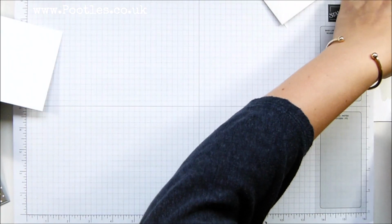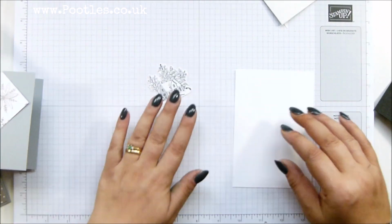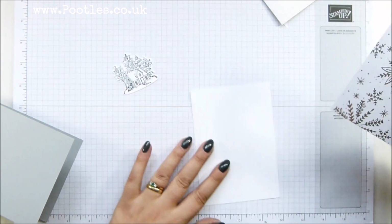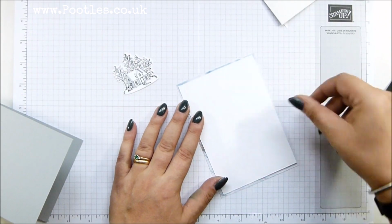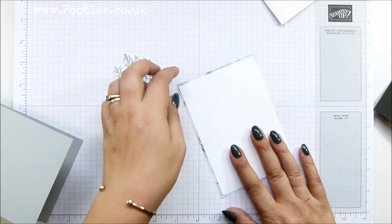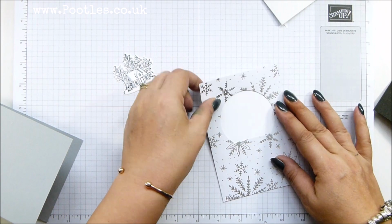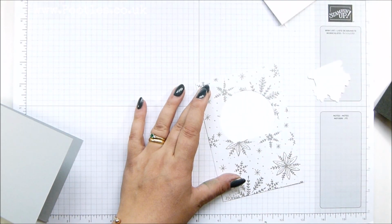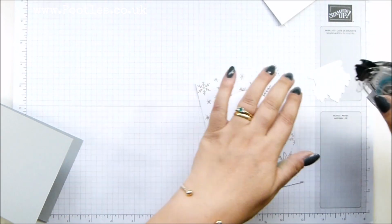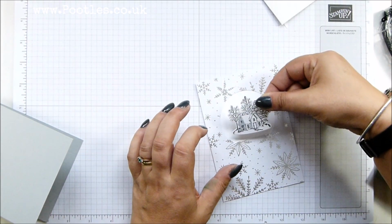Right, so that's that done, that's done, and this one as well. So, what I'm going to do now is line this up, but it's kind of a rough line up. Okay, this one's going here. I'm going to turn it over, get my die cut piece, and where's my snail? Put back and position that